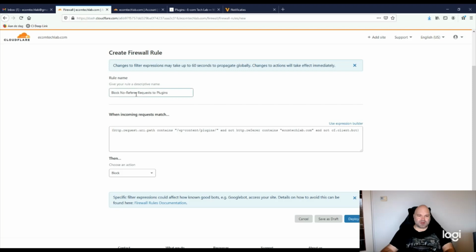This will block requests to the plugins you have installed. Because plugins, most people tend to forget to update plugins. Hackers know that, and what they do is they have software that can make requests to those plugins. And if there's a vulnerability in it, they can exploit the vulnerability and could hack your website. That's what it means actually. Then you click on deploy, and this is the 4th rule,